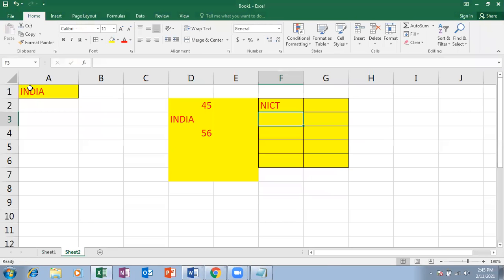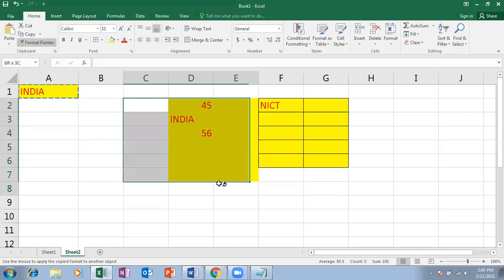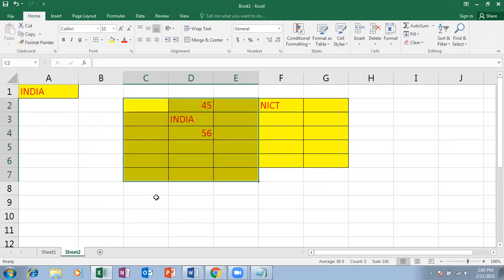So with a single click, one time I pasted the format, but automatically that brush tool gets removed.